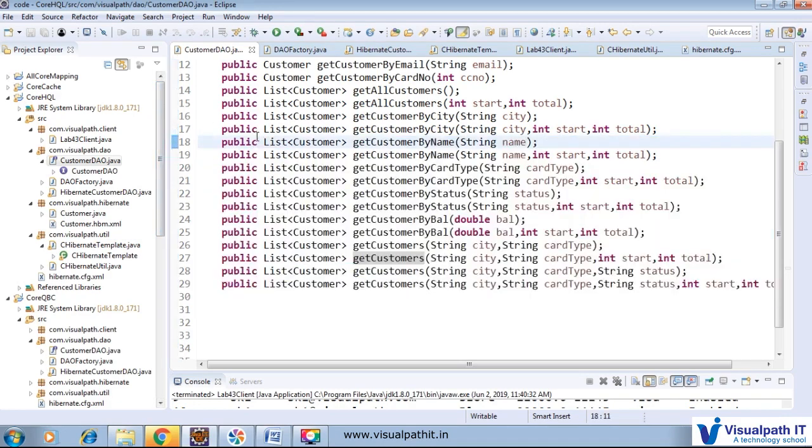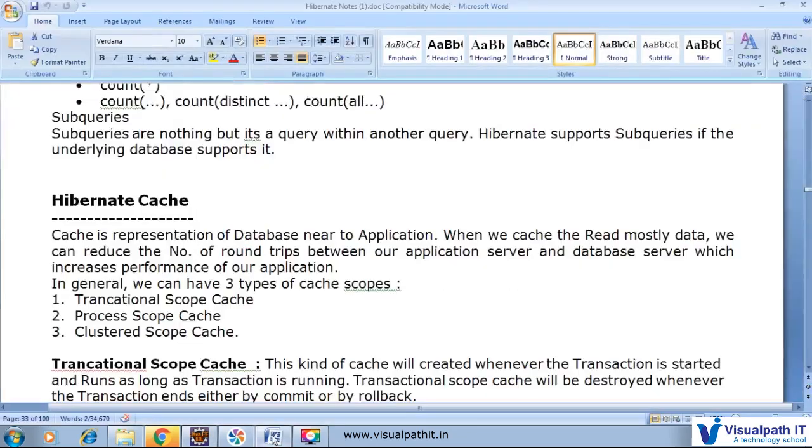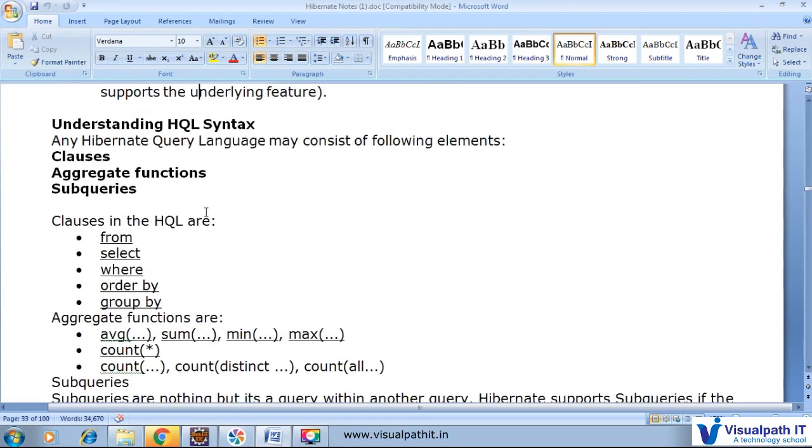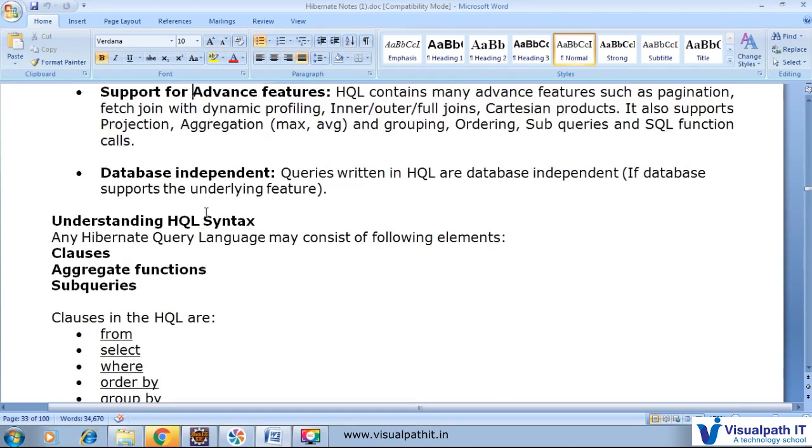So after this example I think it's very clear what HQL is, and HQL is the more famous query language. Most organizations and most projects are using HQL. The other one is criteria. I will show you how that also works. So I will come with the same kind of lab and explain about that.